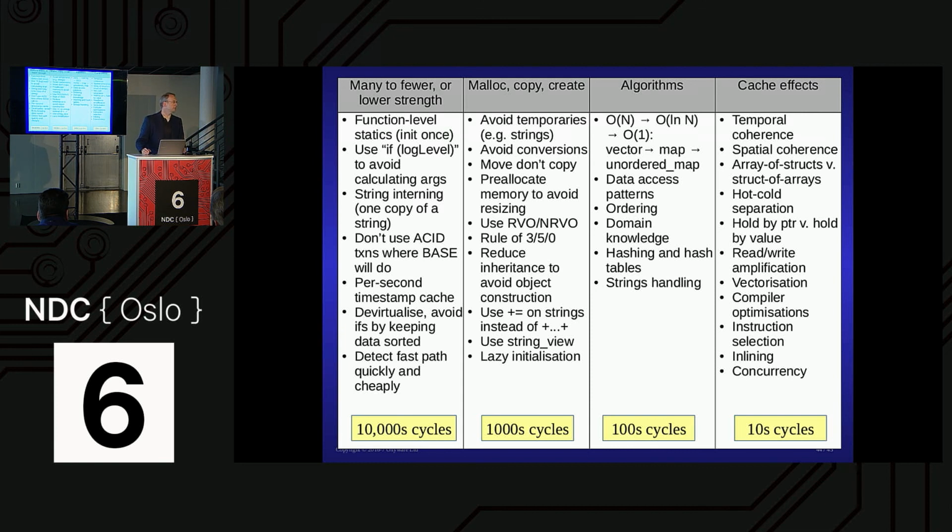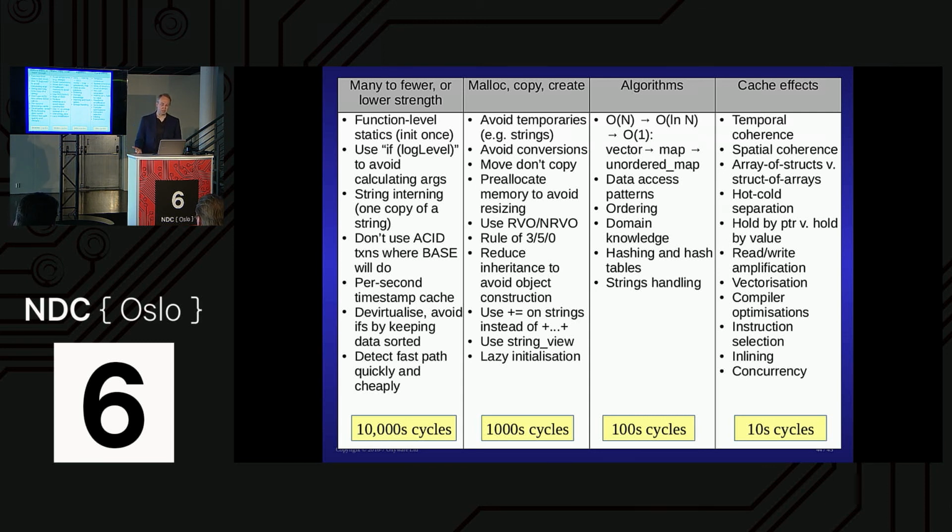Fast path and slow path. If you know what the fast path is, detect that very quickly and cheaply. You can say, right, this is one of my 80% ones, and I'm going to do that one here. I want something that doesn't have any false negatives. If it pushes me into the slow path occasionally when it shouldn't, that's fine. But in the fast path, there's no memory allocation, no locks, nothing. It's straight in there, straight back out again. So again, that's knowing your 80-20. You can save yourself tens of thousands of cycles with this one.